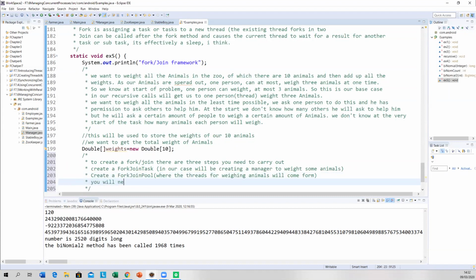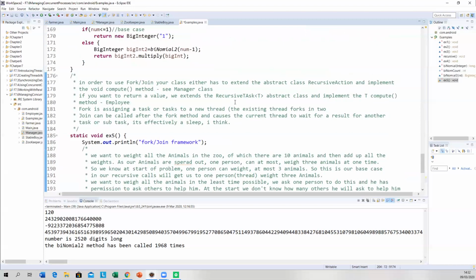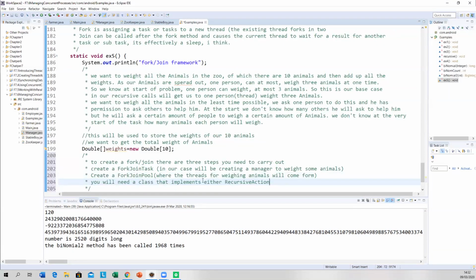And finally, you will need a class that extends either recursive action or recursive task.